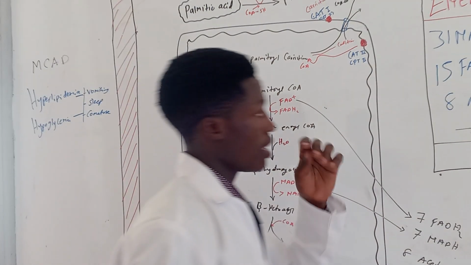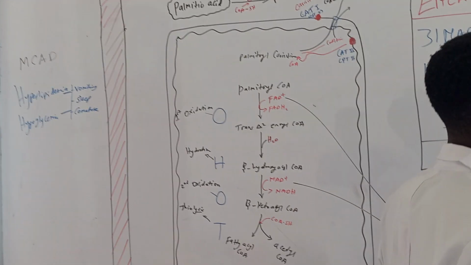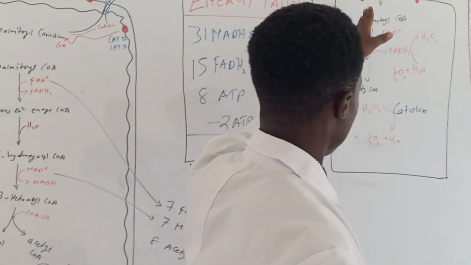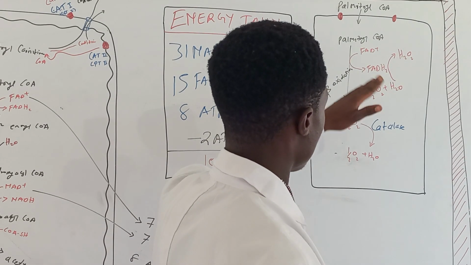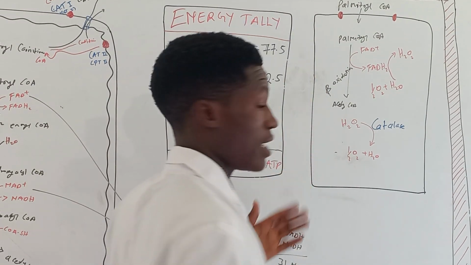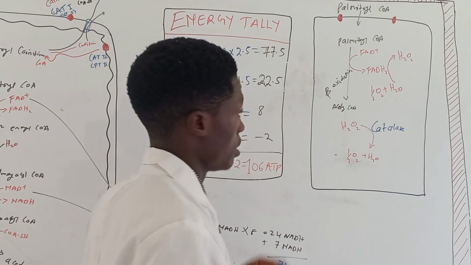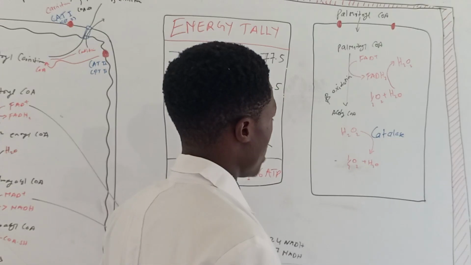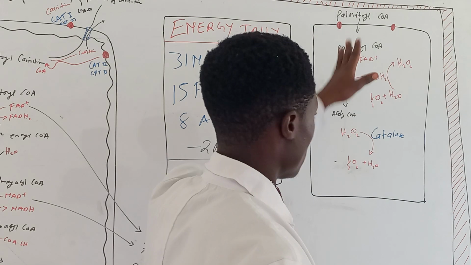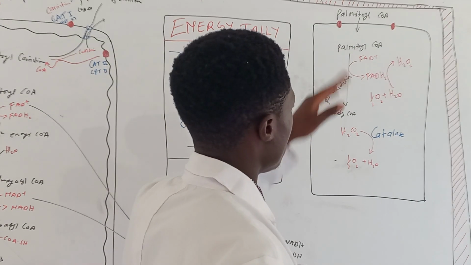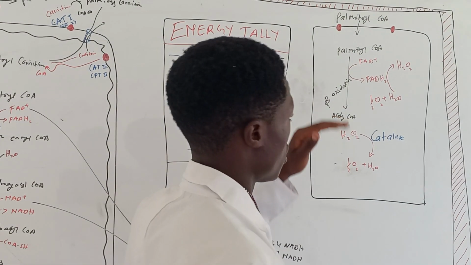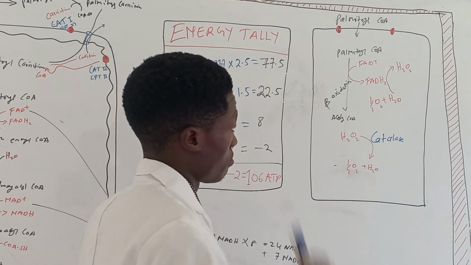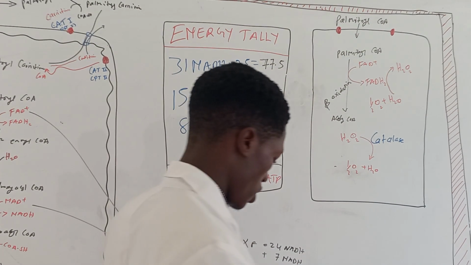Then there's also another pathological disorder here. We can have a defect in the transporters that transport the palmitoyl CoA, the fatty acids, inside the peroxisome for the beta oxidation, so that they can be broken down. So when there's a defect in those transporters, we are going to have the accumulation of the palmitoyl, the fatty acid CoA in the cytosol. So this condition is going to be called